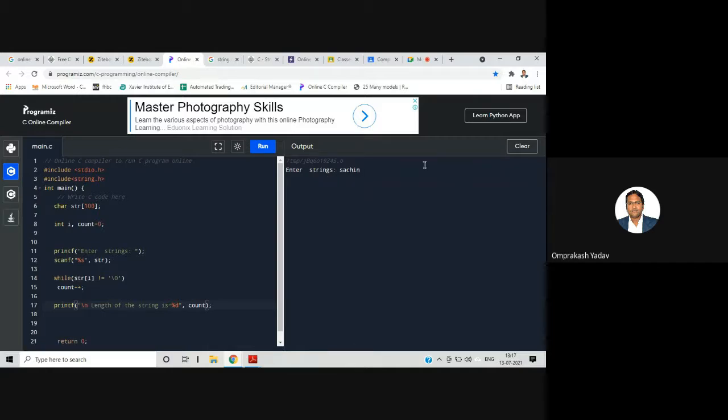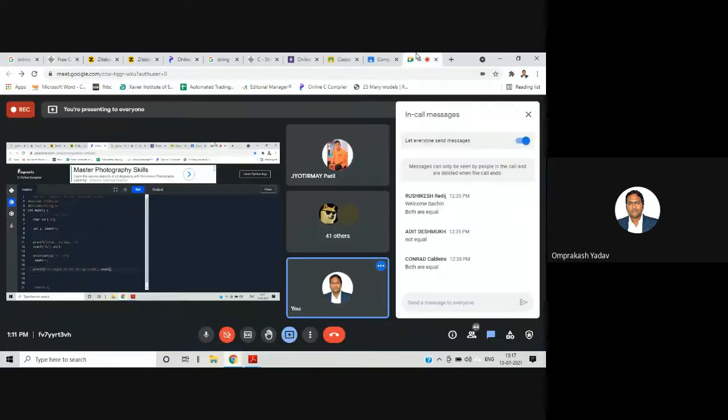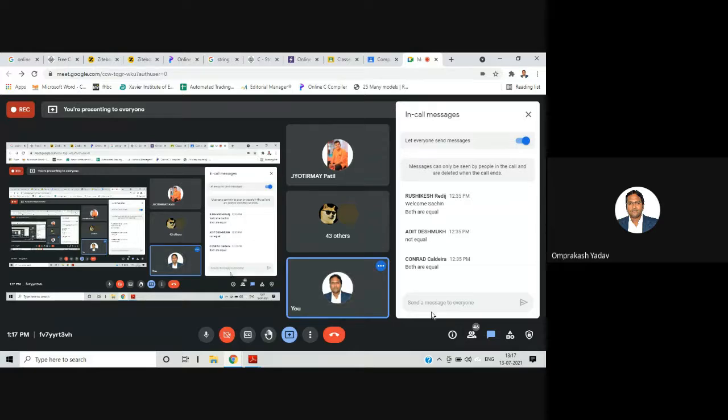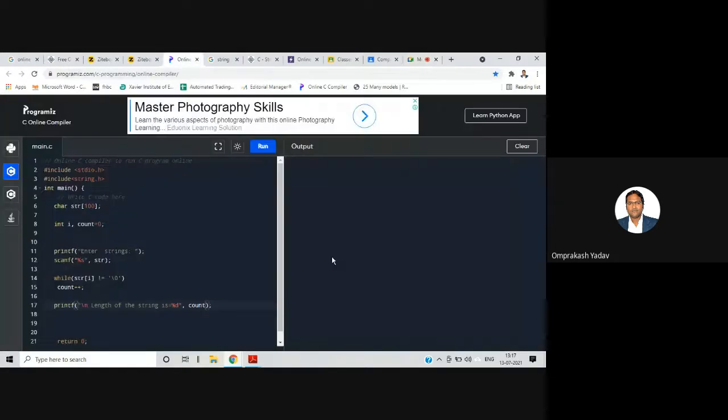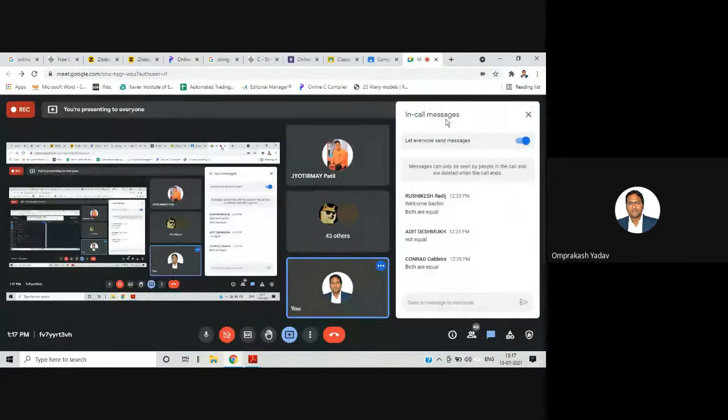If you see, nothing is coming. So there is one error. Can anybody point out what is the error in this program? I want to count the number of characters in this character array.